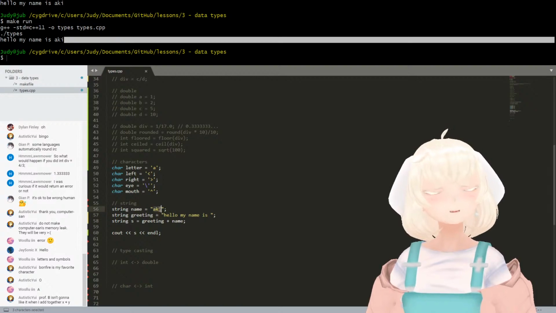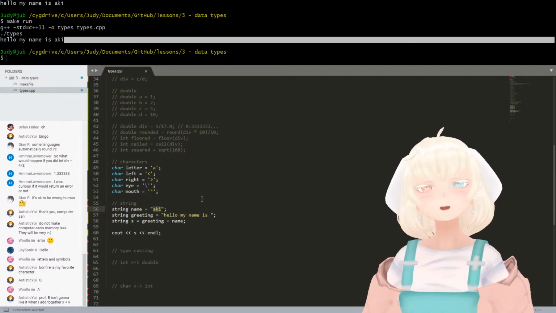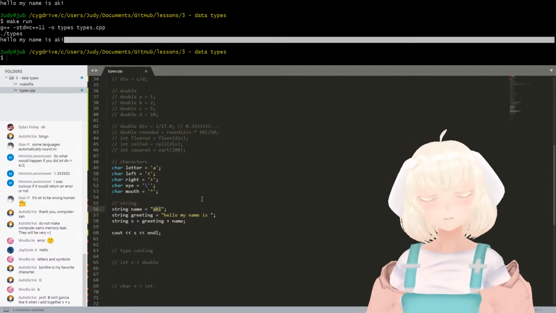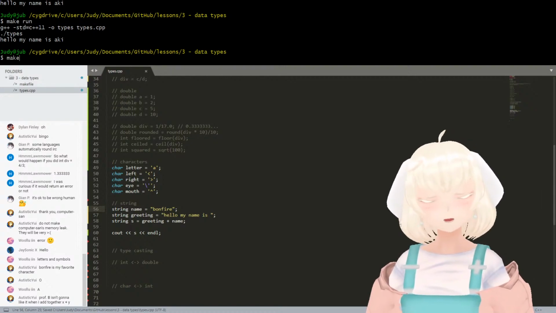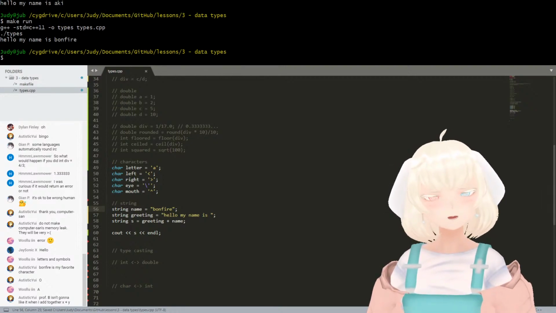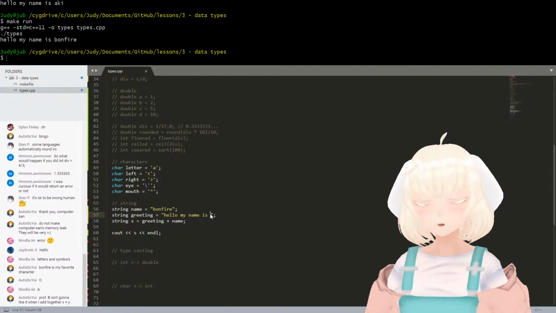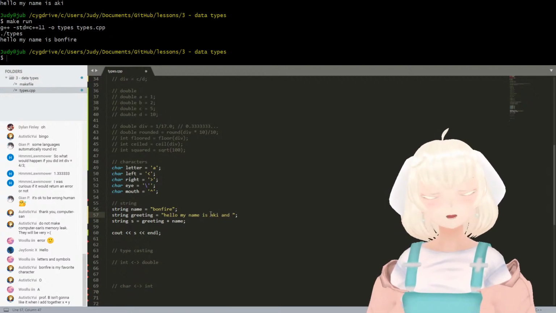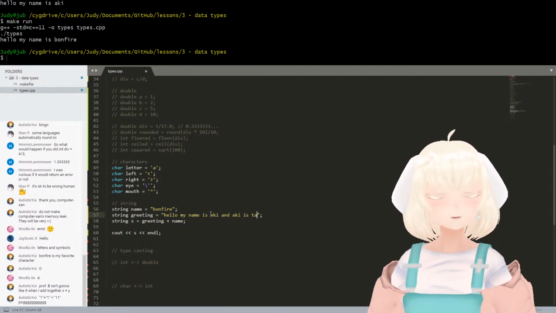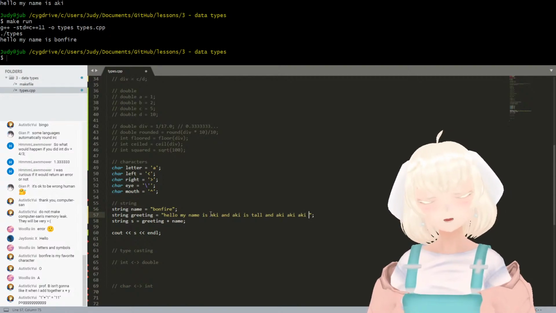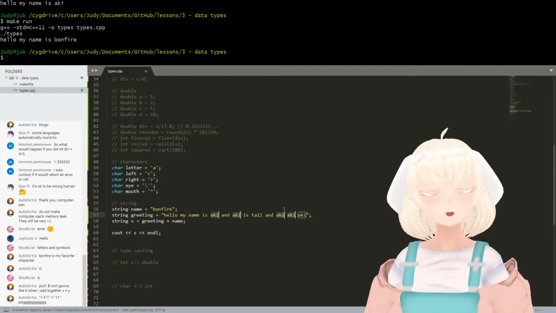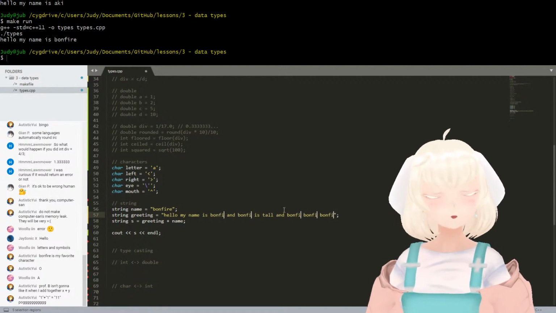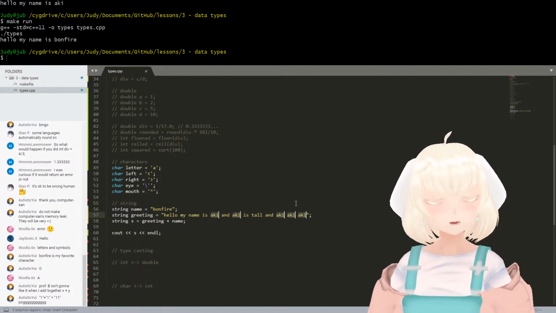Now this way, if we only want to change the name, ASCII, we can put, hello, my name is Bonfire. We don't have to change every instance of it in this sentence. Imagine if we put, hello, my name is ASCII, and ASCII is tall, and ASCII, right? Imagine if we did that. That would be awful to go in and replace. We'd have to do all this, right? But instead of that,